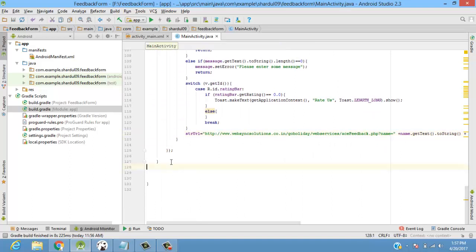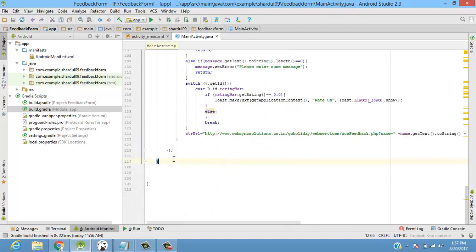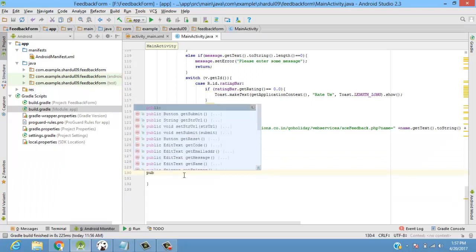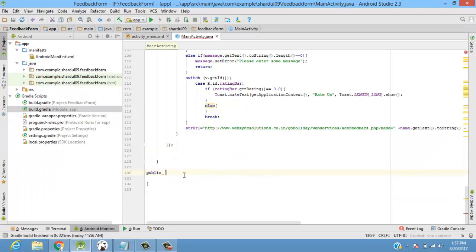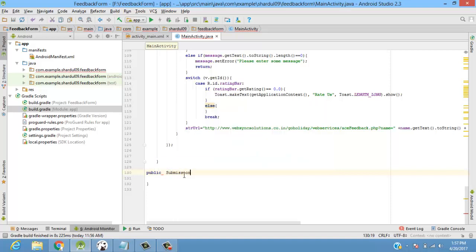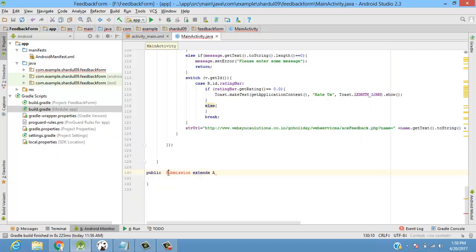Okay, so let's start with AsyncTask. Our method gets closed over here. So we have to write AsyncTask over here. It's outside our method, sorry. Okay, so we'll declare here as public. Let's give the name for AsyncTask as Submission, class name as Submission, extends AsyncTask. Public class, I forgot to write the keyword class. AsyncTask